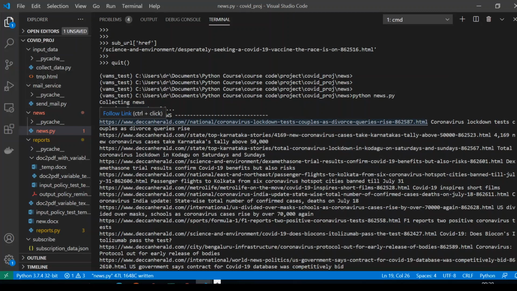So this is the link. Okay, this is the key. Okay, great. And this is the headlines. So maybe the user will see this: coronavirus lockdown tests, couples' divorce queries rise. And then there are so many cases in Karnataka, tally above, and total coronavirus lockdown in Kodagu on Saturdays